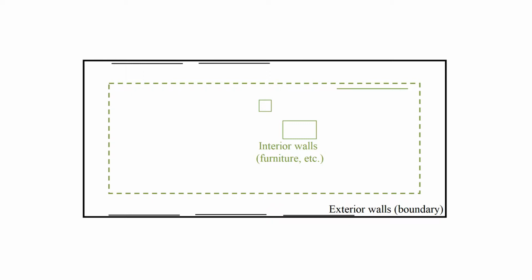Odeon decides what are exterior walls and what are interior walls based on a parameter called the interior margin, which is a distance from the boundaries of the room. Walls closer to the boundaries than this distance will be considered exterior, and walls further from the boundaries than this distance will be considered interior. Diffraction and scattering are handled differently depending on whether we're on an exterior or interior wall, so it is important to have it set up correctly.